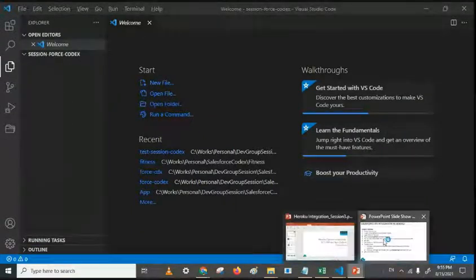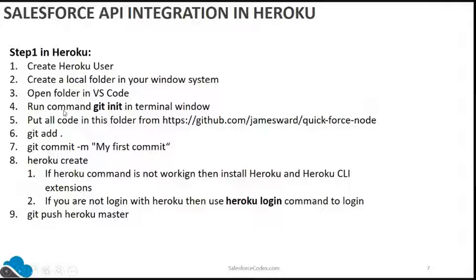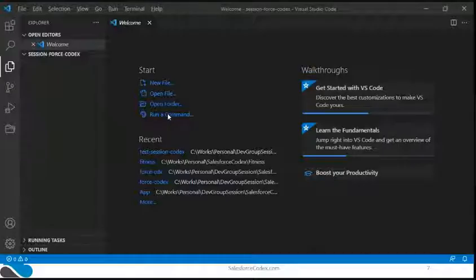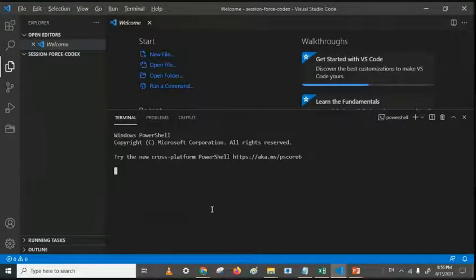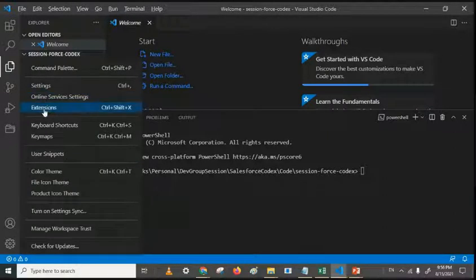Now the third step is to run the command git init in the terminal window. So first we go to View, and then Terminal. If you have not installed git, you can install git using the Salesforce extension. You can see we have all the extensions here.